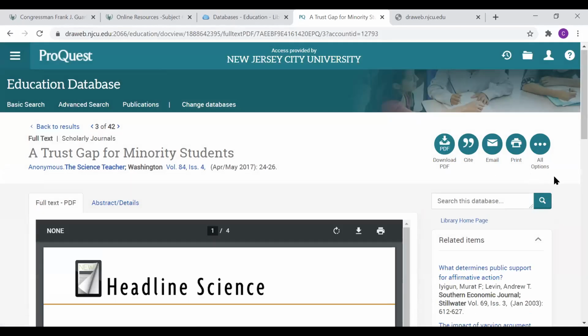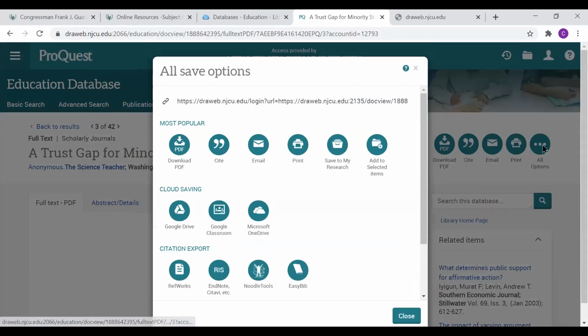So you should get an email from me. You can print it, and the other thing you can do, you can save it to Google Drive or Microsoft OneDrive. We have all of you use RefWorks,